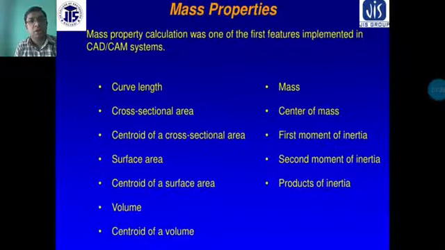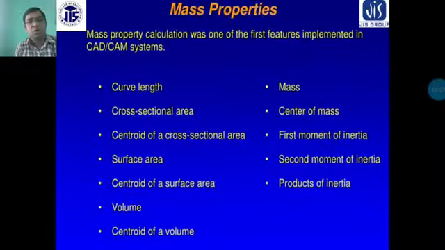And the centroid of a cross sectional area is considered, and in a few cases we have to consider the centroids of the cross sectional area, which is calculated. The surface area is also considered, just like the mass properties. The mass properties are considered according to the surface area, and also the centroid of the surface area. If a surface area is taken for the mass property calculation, first you need to know the centroid of the surface area, then you calculate the mass